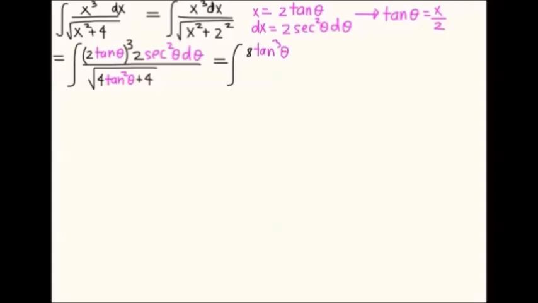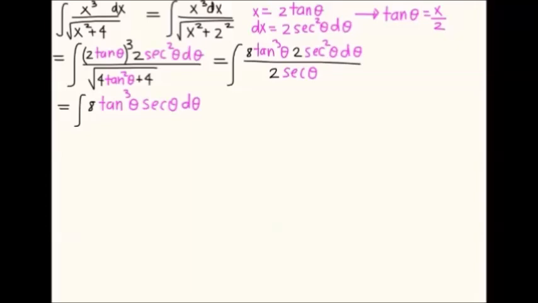So we're going to write it in terms of the integration of 8 tangent cubed of theta times 2 secant squared theta d theta divided by 2 secant theta. We can then simplify and cross out some terms, which will give us the integration of 8 tangent cubed of theta times secant theta d theta, which will simplify to 8 times the tangent theta secant theta